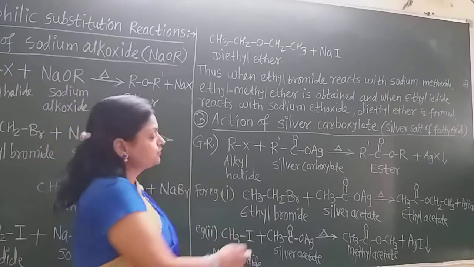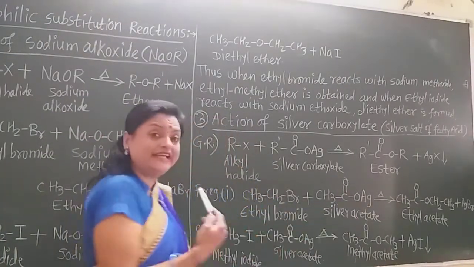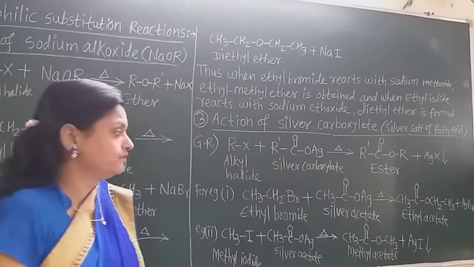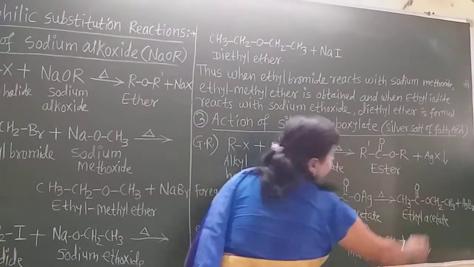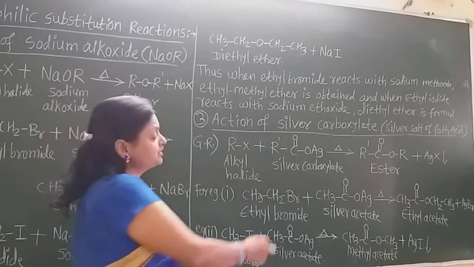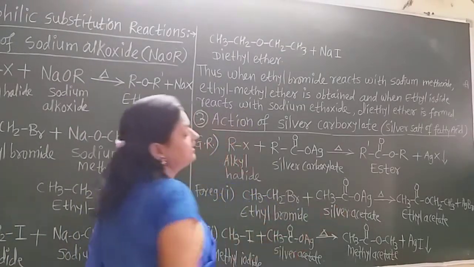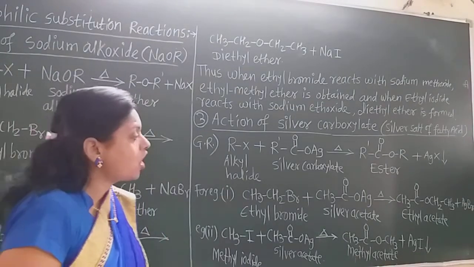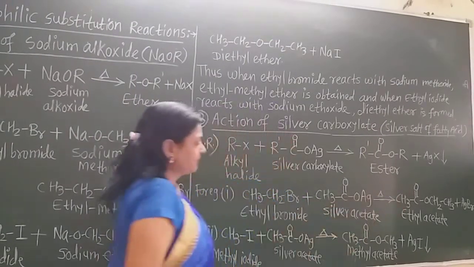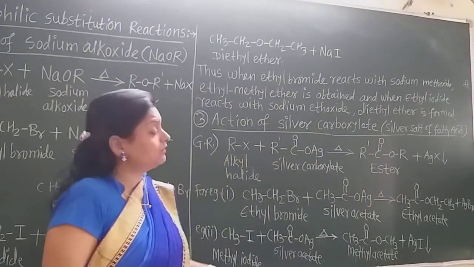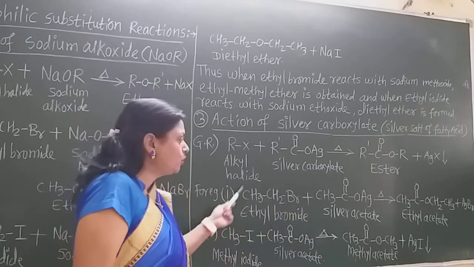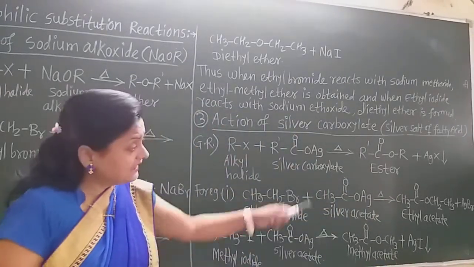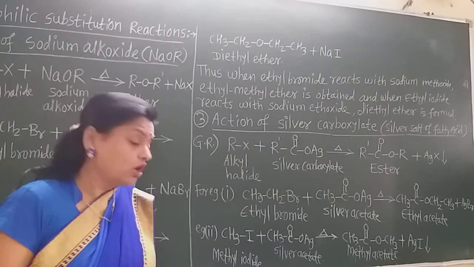Now this bromine and this silver form AgBr, and on that oxygen there is the CH3 CH2 group, so write CH2 first and then CH3. Actually this bromine is replaced by this nucleophile, that is CH3COO minus. Here is the formation of ethyl acetate, because the name of the ester is given from the back side. As this ethyl group attaches to this oxygen, the name is ethyl acetate. The ester ethyl acetate is formed and silver bromide is also formed.